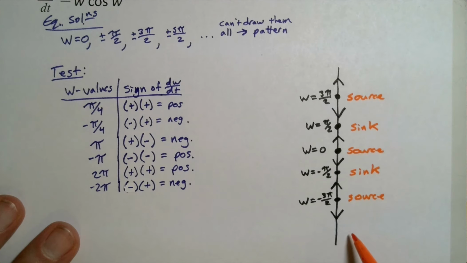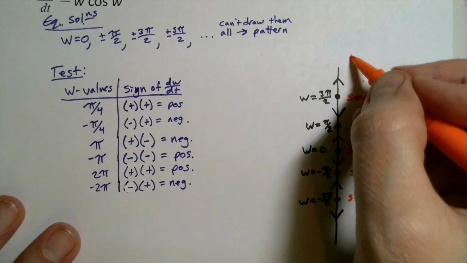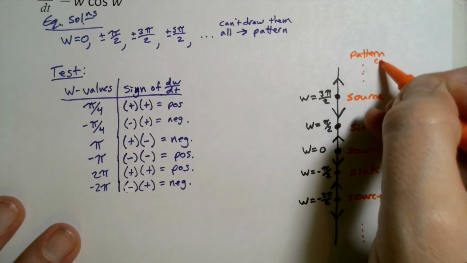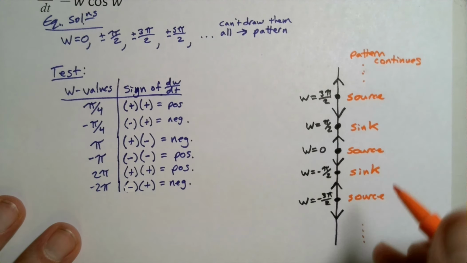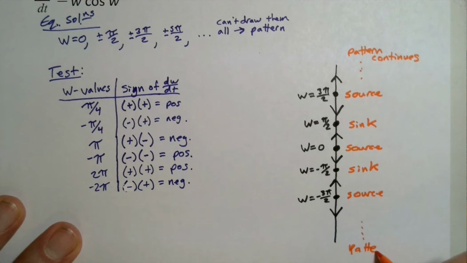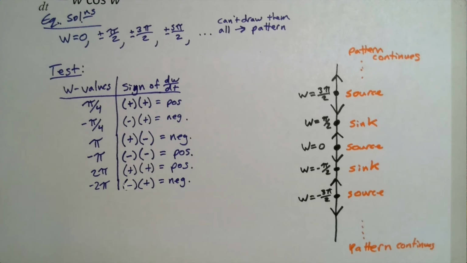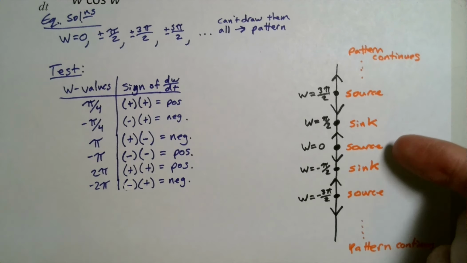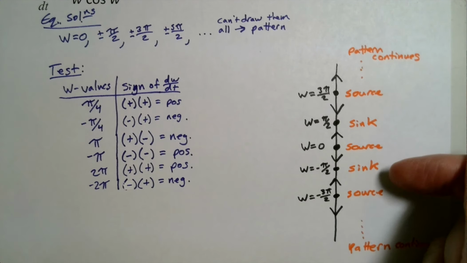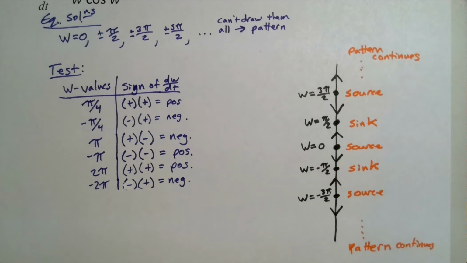And guess what the next one's going to be? It's going to be a sink, and then the one after that is going to be a source. And so we can see that in both directions, the pattern continues. So it's switching back and forth between a source and a sink, and a source and a sink, and a source and a sink. But it all started off in the middle. The middle is a source, and then above and below it is a sink, and then above and below that is a source. And so what we should be able to do is hop on Maple and verify this by